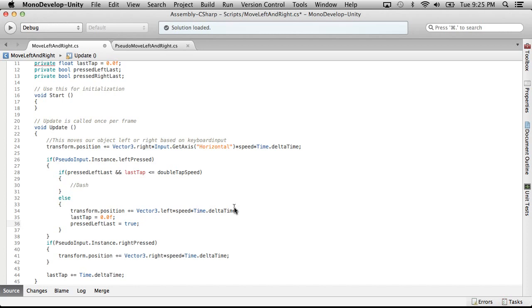yeah, this isn't actually going to work the way I'm setting this up, because we got a situation here. So if we held down the button, we would end up in this situation because we've pressed left last. Like so 2 frames in, this would immediately dash us because we have pressedLeftLast and lastTap is less than doubleTapSpeed. So what we want to do is,